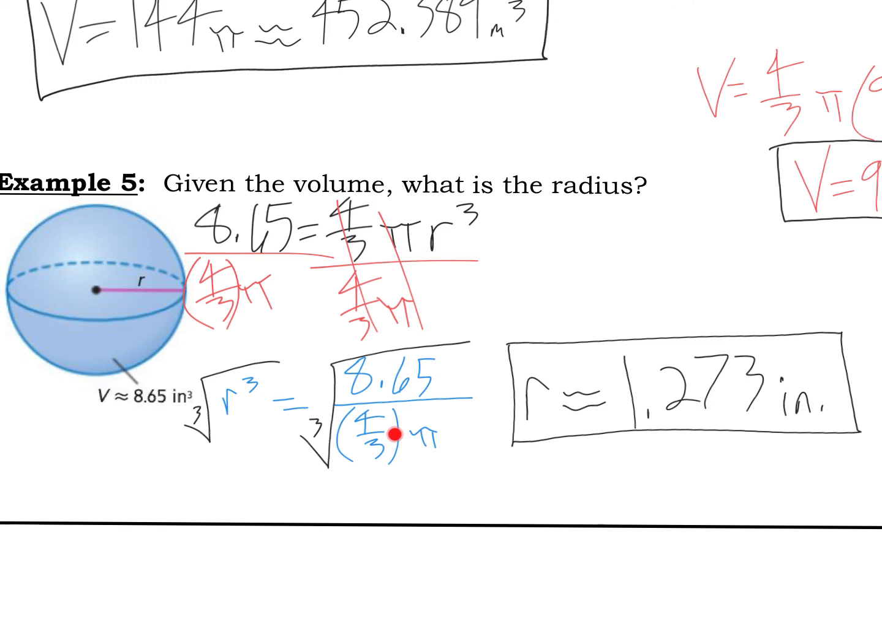So I kept it as 8.65 divided by 4/3 pi. I didn't round that answer because when you divide this out, you're just left with r cubed. So you need a cube root both sides to get just r by itself. So I typed into my calculator the cube root of 8.65 divided by 4/3 pi, and that got me approximately